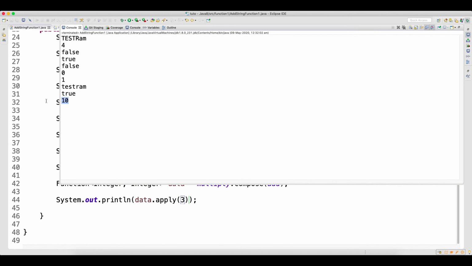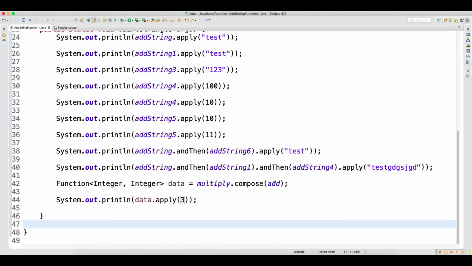See here, your output is 10. Clear? You got how compose will help you? Whatever you want to perform before, you can write in the compose, and whatever output comes from that compose function will be input to your other function.